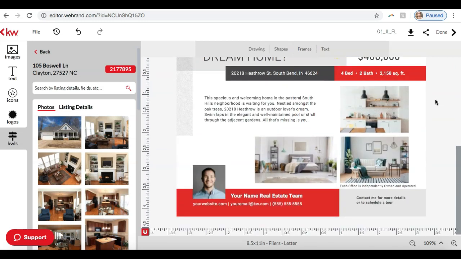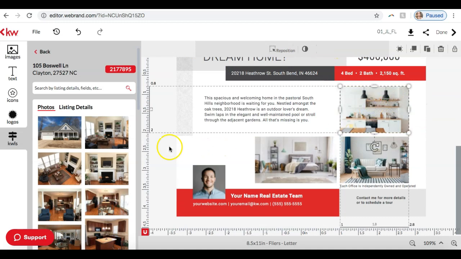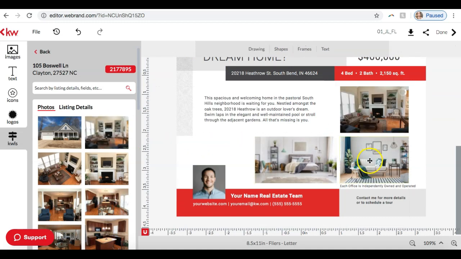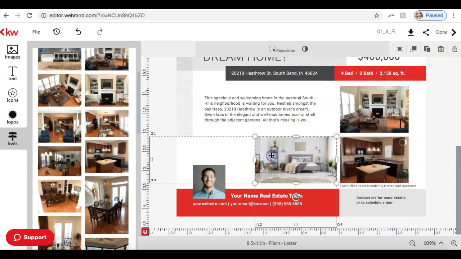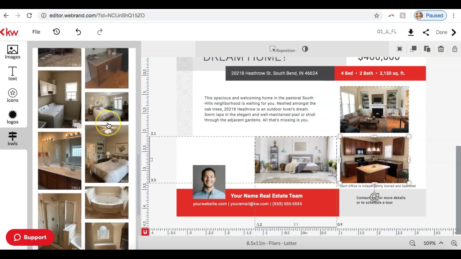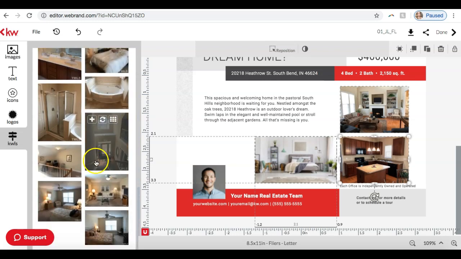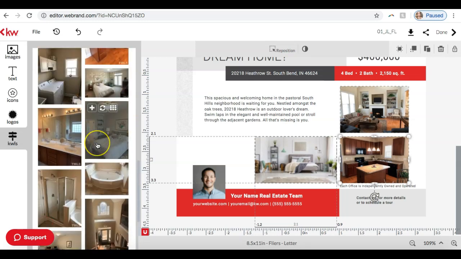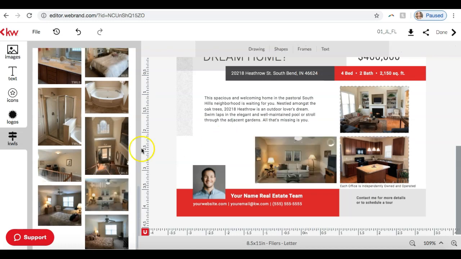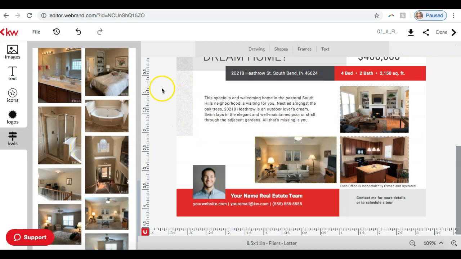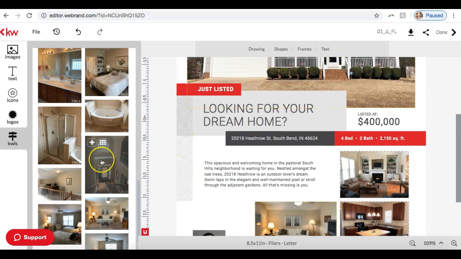There are some more photo spots down here, so I'll just go ahead and switch these out as well. I always do a living room, a kitchen, and then it kind of depends. Like if there's a nice bedroom, I can do that. Sometimes a backyard shot is nice, but you guys are the realtors, you probably know what's better. Let's just throw that one in there. Alright, so you can select whatever photos you need to, and then we can go back over to the left